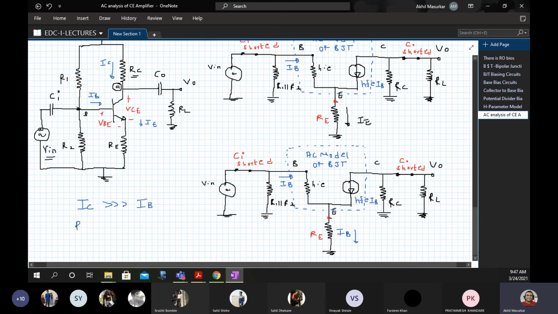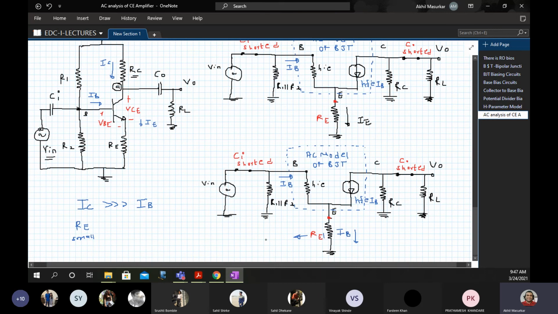That means RE is a small resistance as compared to HIE. So if I want that IE, the current flowing through RE, should be IB, then RE should increase